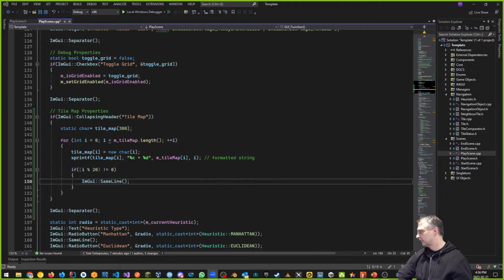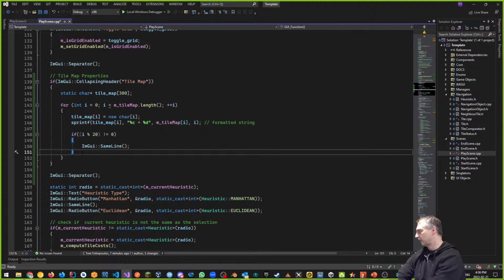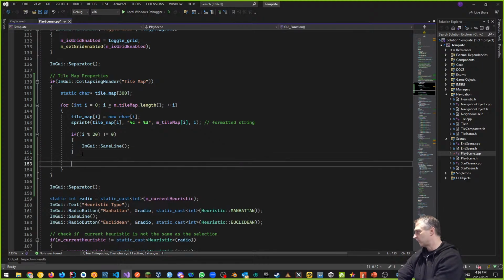So that's what this is. Put it on the same line is what this is saying. Okay, good. Otherwise, if it's not the end of the row. If it is the end of the row, it's okay. Go to the next line. Now I'm going to look at my tile map, the actual tile map string. That's what this is. And I'm going to say, okay, if my tile map, as an example, is equal to